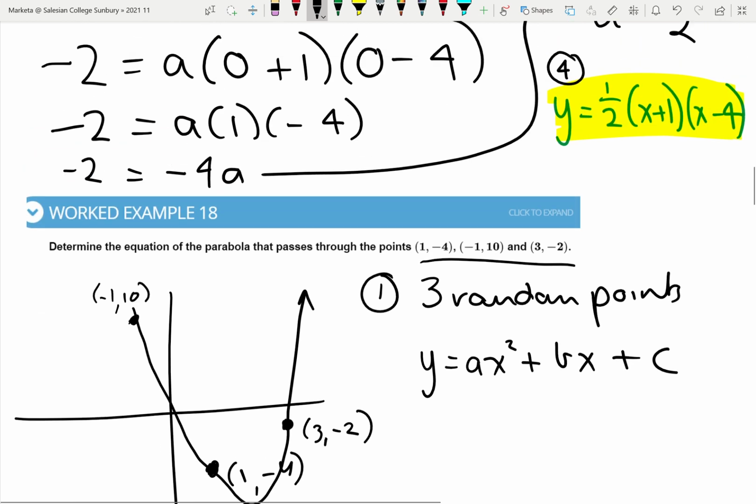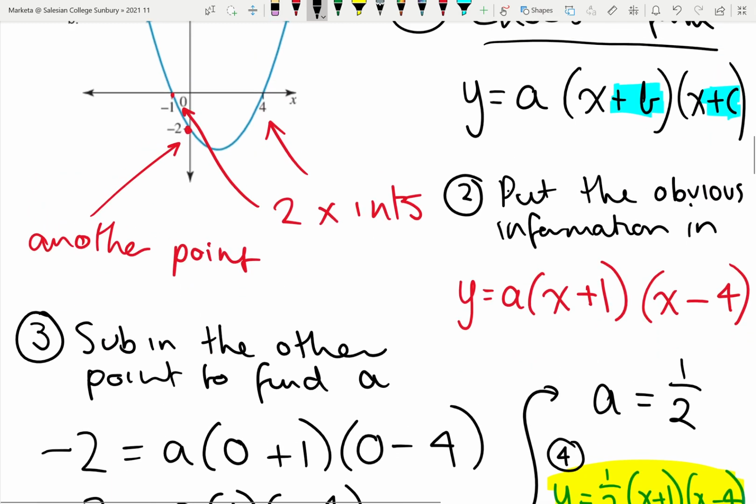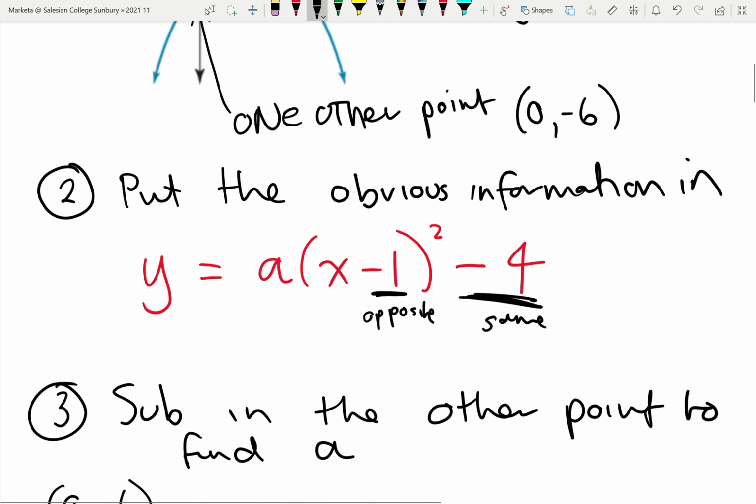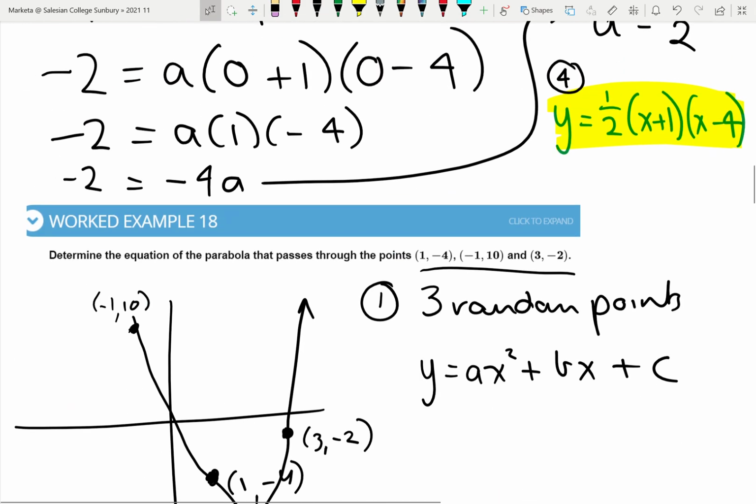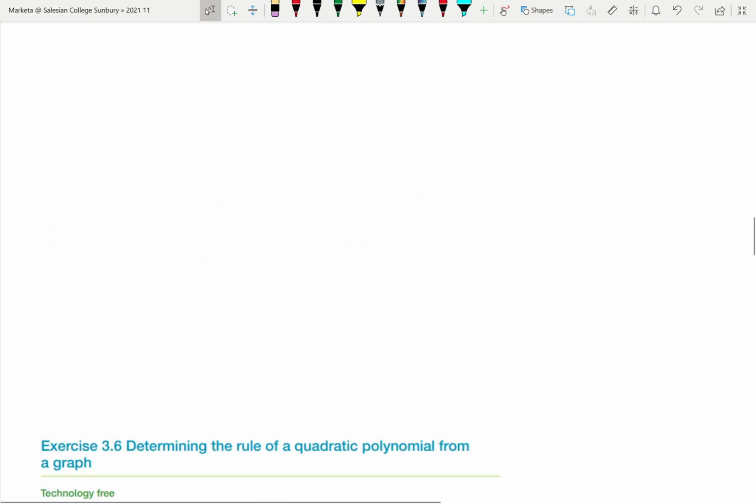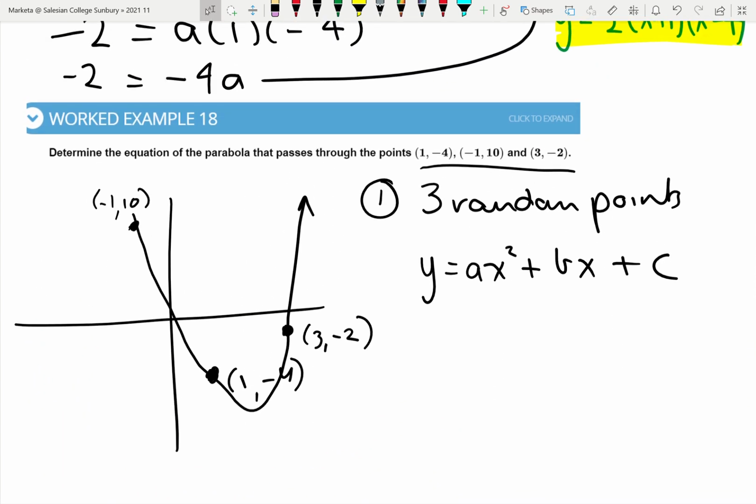So notice that the other two that we did, the one in x-intercept form and the one in turning point form, we could expand those and we would get it into this ax squared plus bx plus c form. But there's no use in doing that because it's easier to use the x-intercept form if you've got x-intercepts and easier to use turning point form if you've got the turning point. Also note that our final answer for the previous two, we didn't expand, we just left it as it is. It was fine. For this one, because we've got 3 random points, we're going to need to use this form,